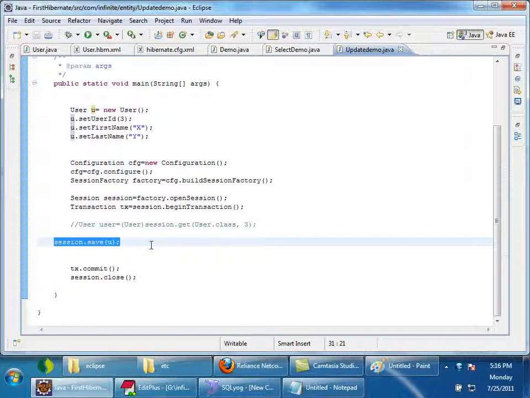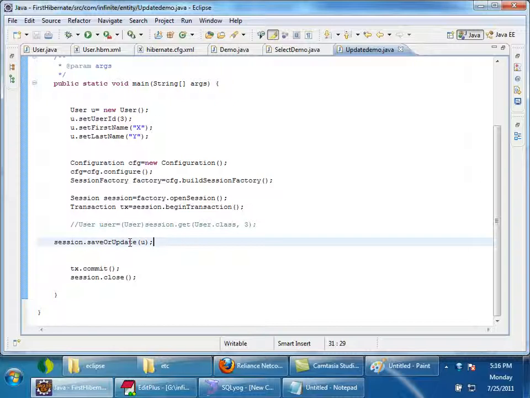Now, sometimes we don't know whether an entity is already in the DB or not. In that case, instead of session.save, we can use session.saveOrUpdate(u). Now, what will this saveOrUpdate do?